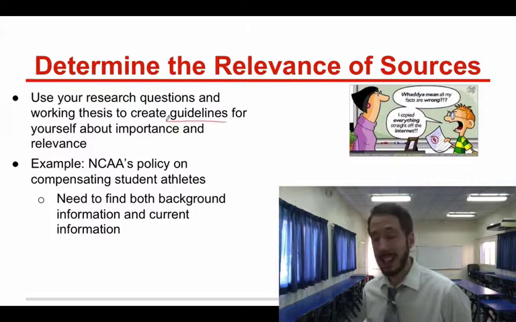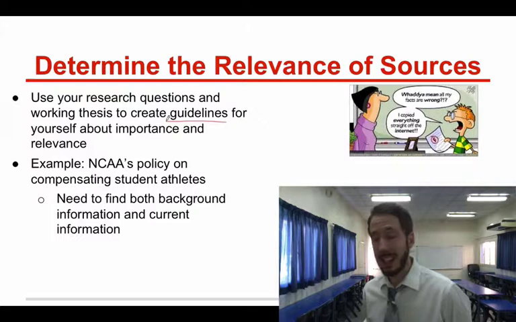Well, I'm going to need sources about the benefits and the disadvantages of this program. I'm going to need sources from people who want this and don't want this. I'm going to need to look at the history of college athletics in a scholarship versus a pay-to-play program. I'm going to have to look at the economic aspects of it, the social aspects of it. I'm going to need to look at the demographics of, most of the time, who are these college students? What background do they come from? So you're going to really have to create some guidelines of what you're looking for in your sources, instead of necessarily just going around and trying to find something that could be relevant.